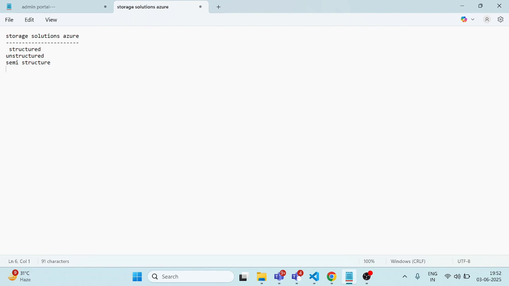So optionally we need to know how to access the data, and how to quickly access the data. And next, Azure